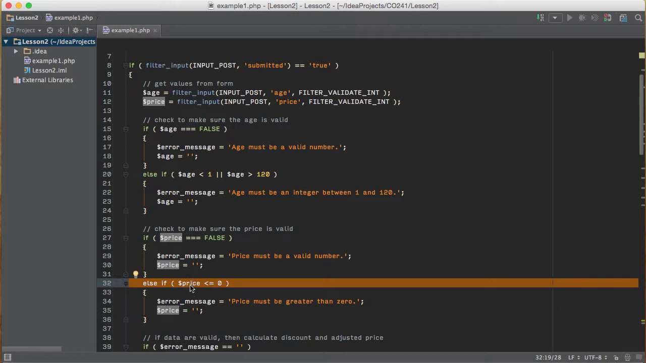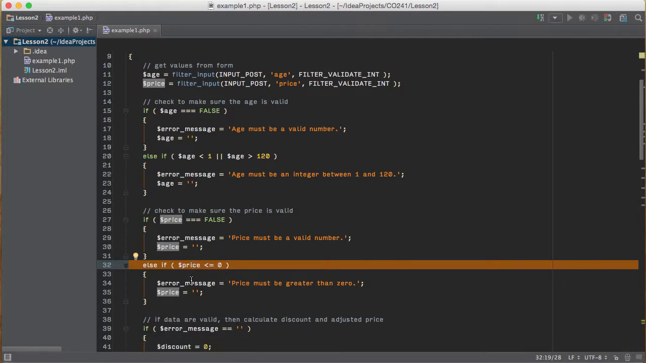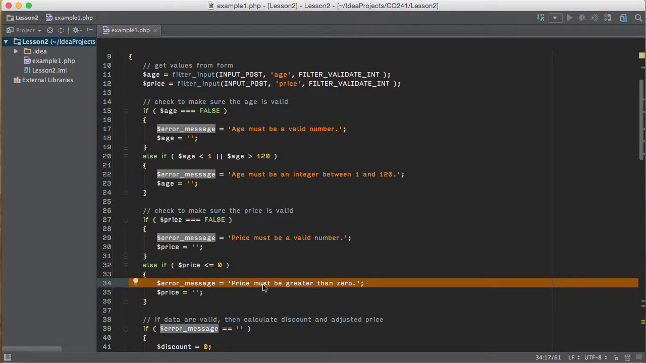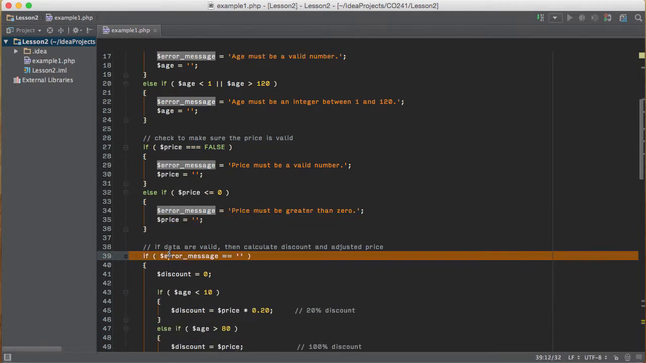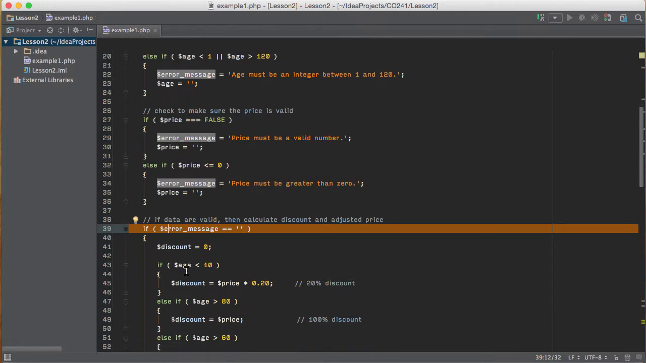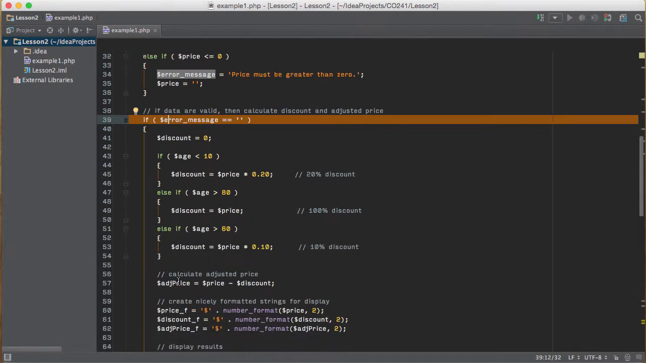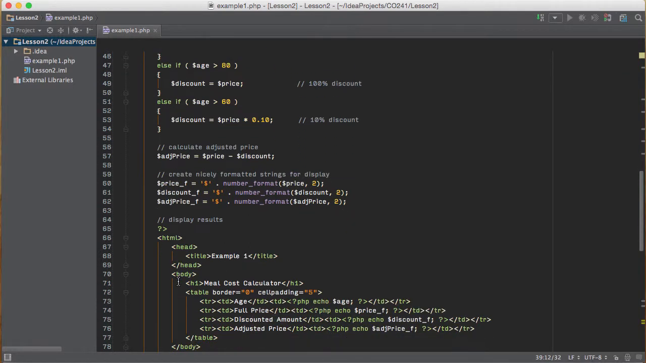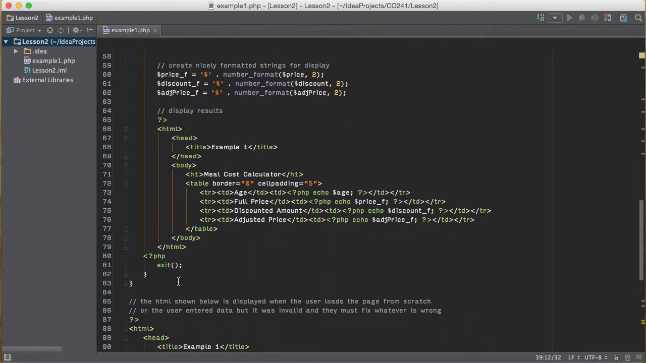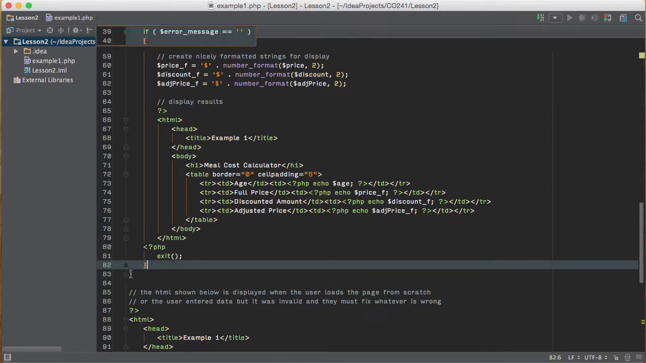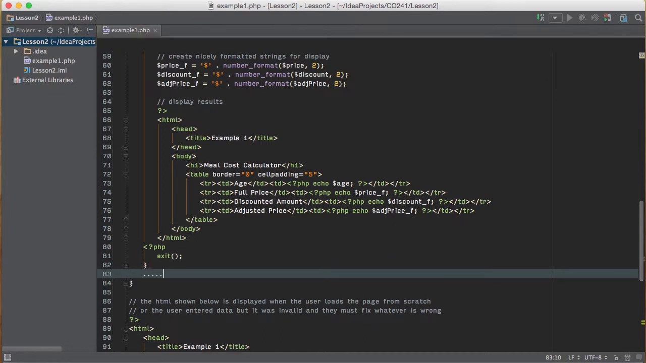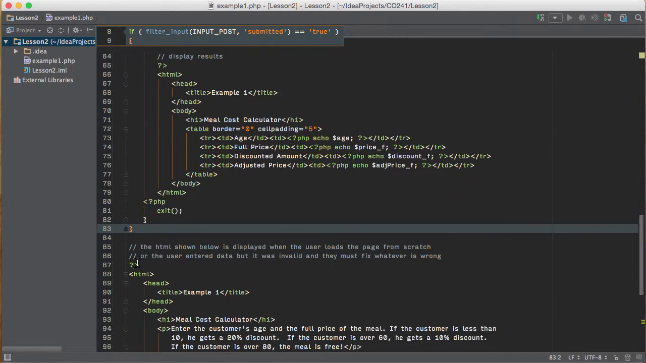because the price is less than or equal to 0. So it puts the error message, price must be greater, clears the price, error message is not empty, so it skips all of this calculation stuff and the display of the results. And it skips all of this right down to the curly brace. So it picks up here, and of course there's nothing there to do, so it exits the curly brace,